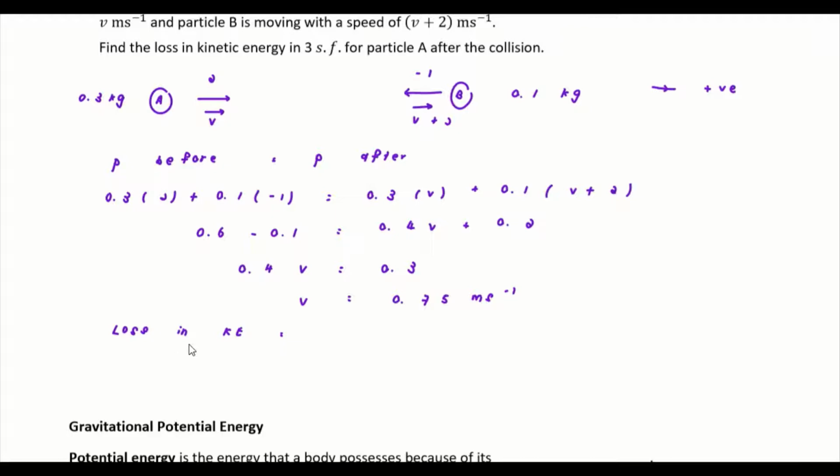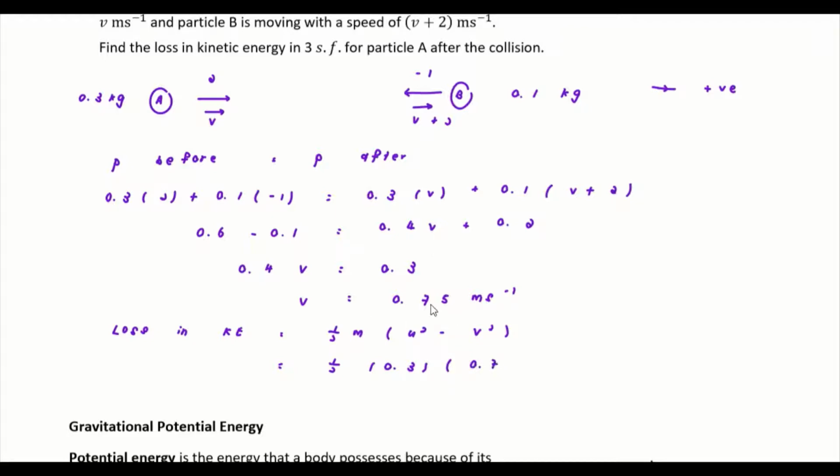So if you want to straight away get a positive value, loss meaning that initial is greater, so that's why you just use the initial. So it will become half m, then u squared minus v squared. So you take the initial minus the final, because you already know that initial is greater than the final. So equal to half, the m is 0.3, and then